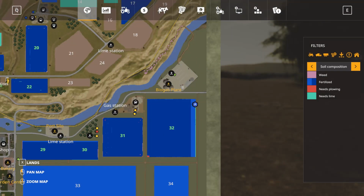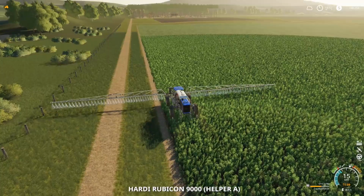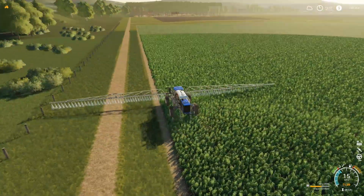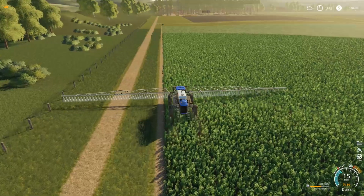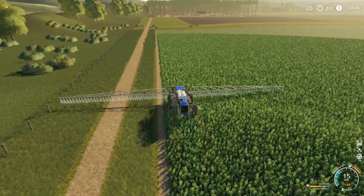So how is our fertilizer spreader going on down? Sprayer going on down here? He's fine. He is just about done. And when he is, just going to fold them on up. Actually, it's still not late enough, even though I turned speed up to ×5. We just bump it up here to ×15. So by the time I get this guy back at the shed, we'll head on home, and we'll sleep through the night,